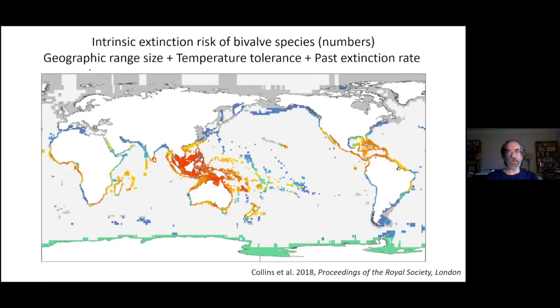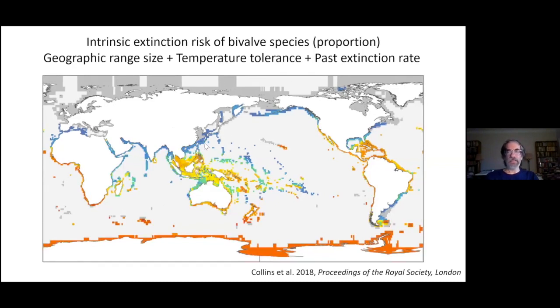If we look at proportion of vulnerability, there's still a pretty high extinction risk in the Indo-West Pacific, especially the West Pacific. You can see now New Zealand really lights up, Southern Australia really lights up, much of West Africa, much of the western part of North America, and of course Antarctica really lights up too. There aren't a lot of species in Antarctica, but all of them are going to be at high extinction risk because all of them have been vulnerable in the past, and essentially, their properties make them highly vulnerable to